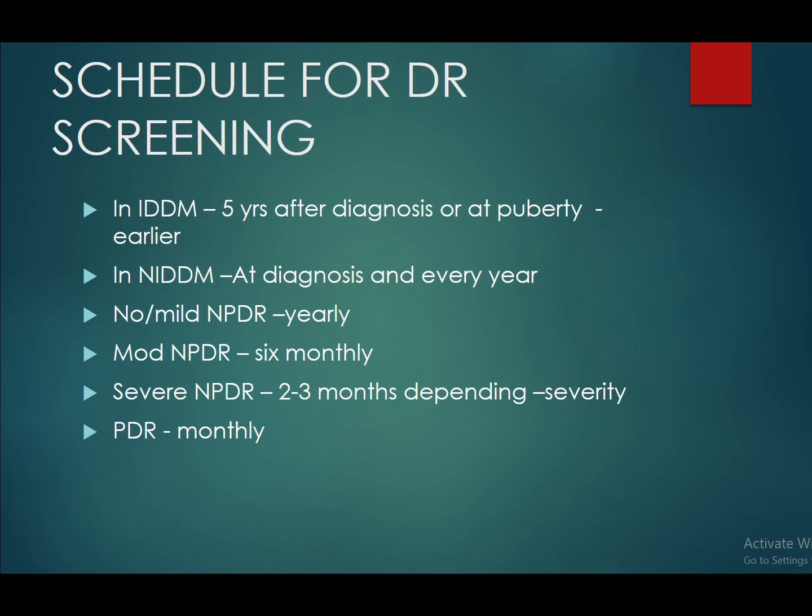It is very, very important because diabetes mellitus is one of the risk factors for visual loss. Diabetes mellitus is going to induce diabetic retinopathy, and if you do not detect it at the correct time, it is going to land up with visual loss. I have seen people 40, 45 years old who have had proliferative diabetic retinopathy in both eyes and come at an end stage when they have almost lost the vision, and it's very difficult to go in and intervene at that stage and give them useful vision. So it's very important that we screen these patients at the right time.